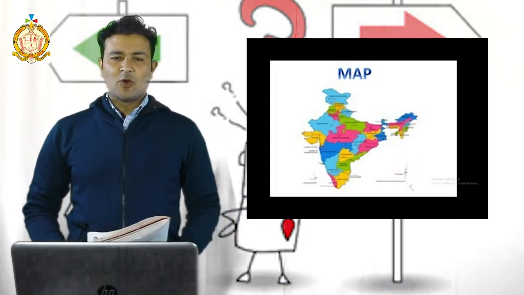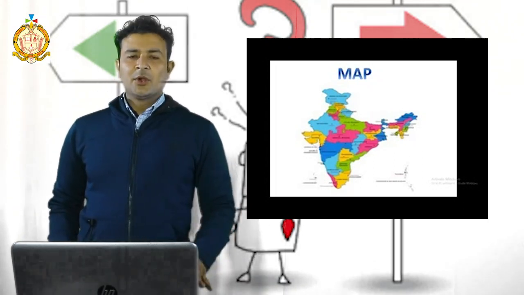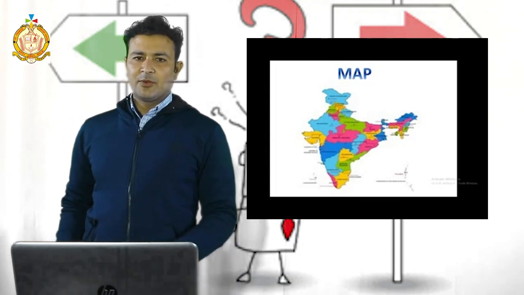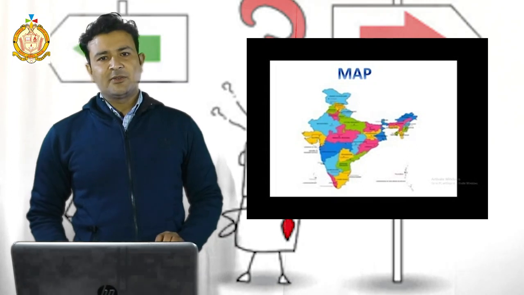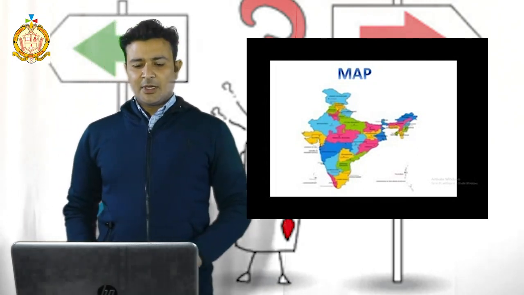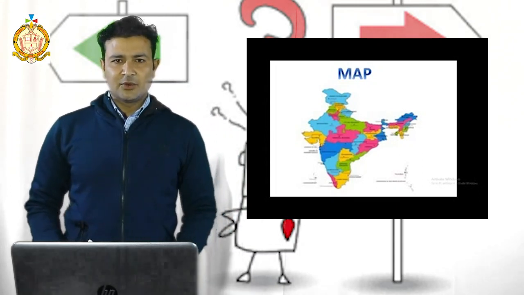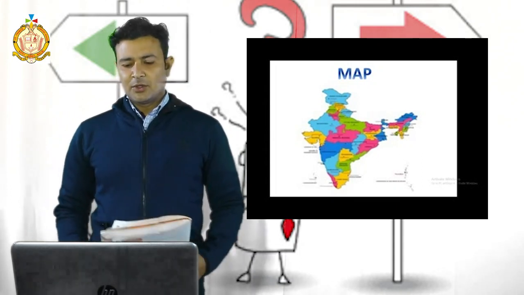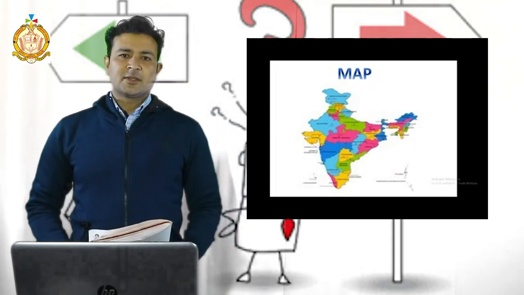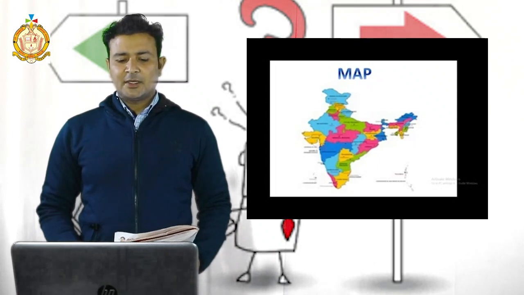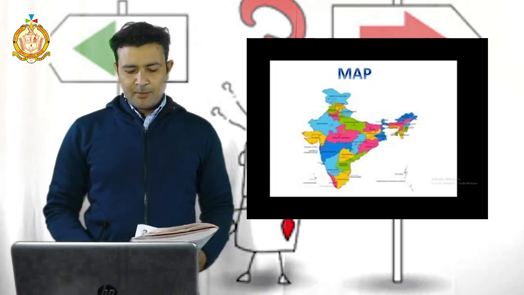You are in a small class, so this time it will be difficult for you to find out the direction with the help of a map, and it will be easy for you to find the direction with the help of the sun. Because we study the map in higher classes, like in third or fourth class. So when you read this in the SST social science subject, then you will easily get a good idea of finding direction with the help of a map.